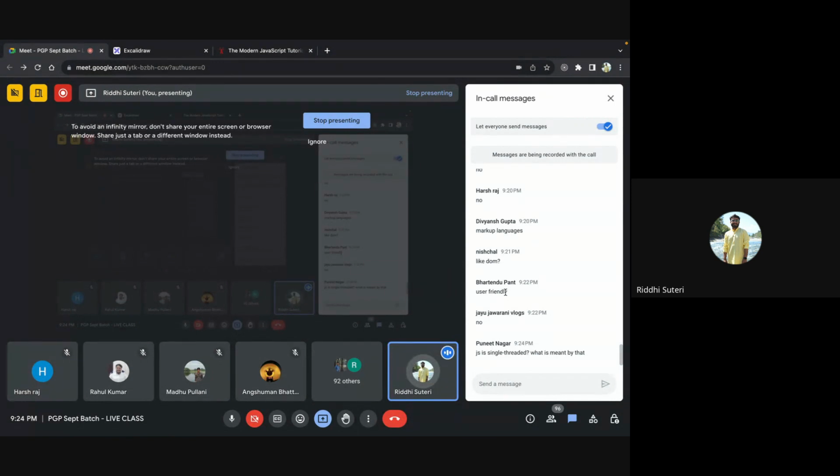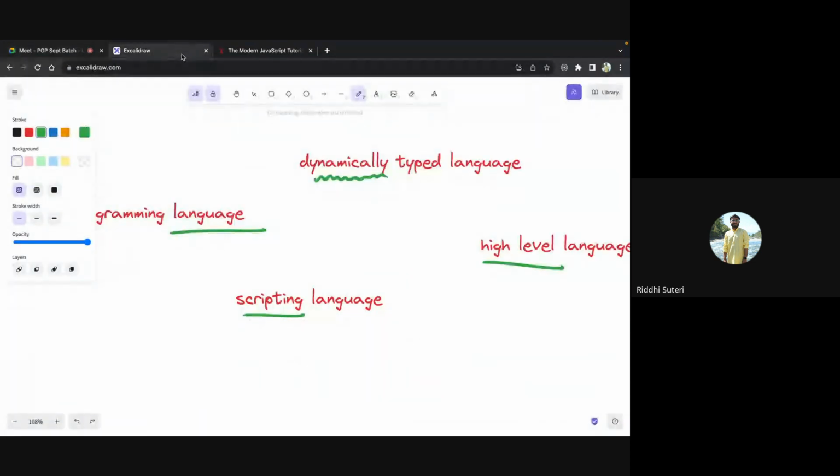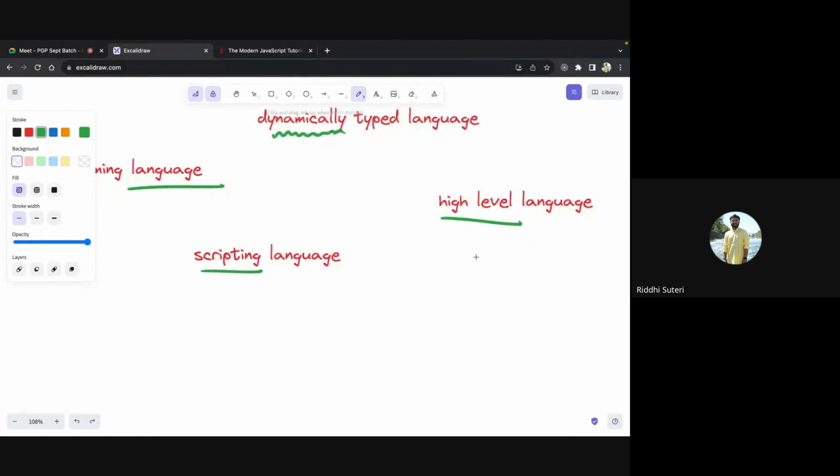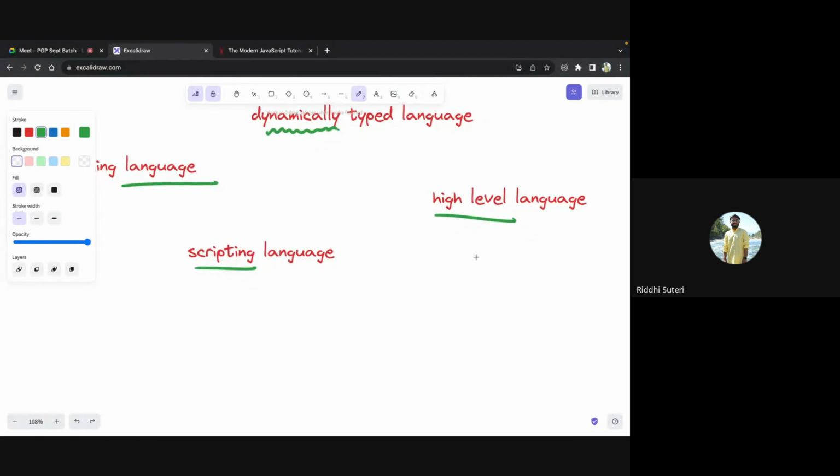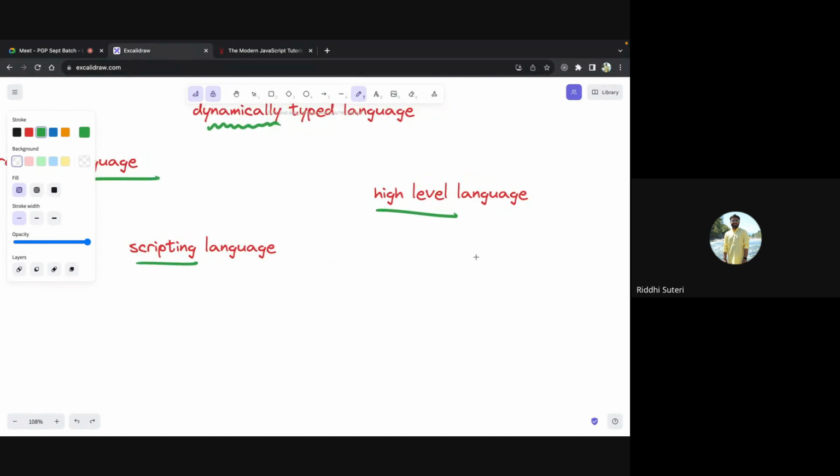Now this is also one more pointer, that it's a single threaded and synchronous language, right? See, what happens with JavaScript is that there come a lot of adjectives. Someone will say it's a just-in-time compiled language, someone will say other words around it. I've tried making 3-4 simple pointers so that everyone can understand it. But there are 2 more pointers. Someone was asking about single threaded, and someone might also have this thing in mind about synchronous programming language. I'll not go into the depth of what is single threaded and multi-threaded and what is asynchronous and synchronous. Let's quickly try to understand it from a layman perspective.